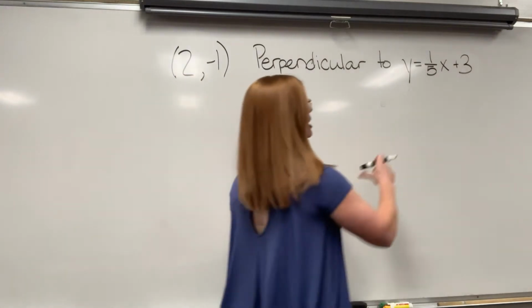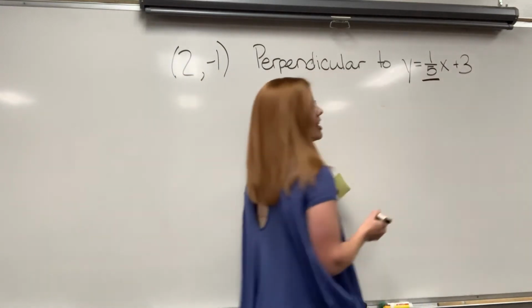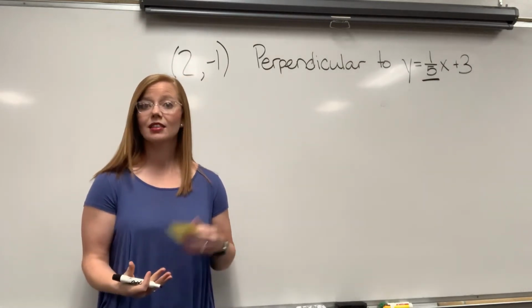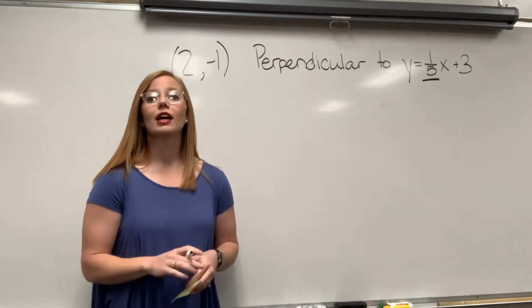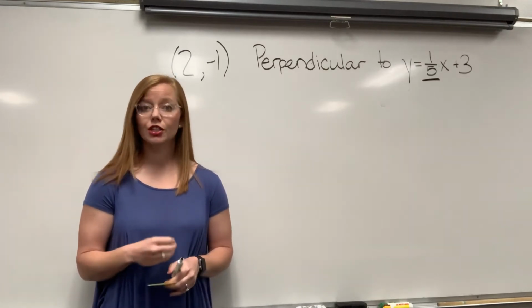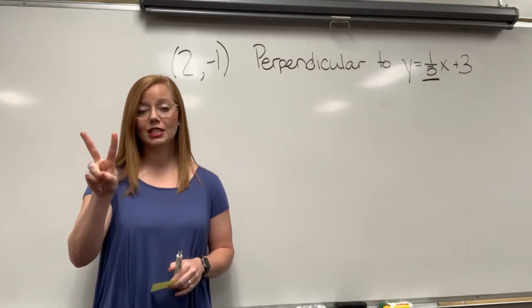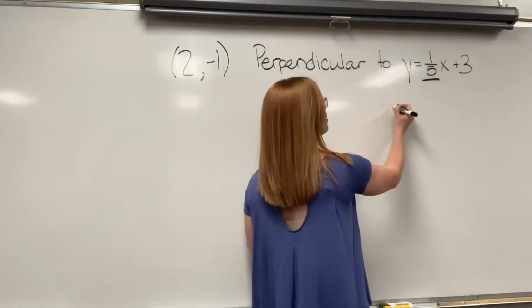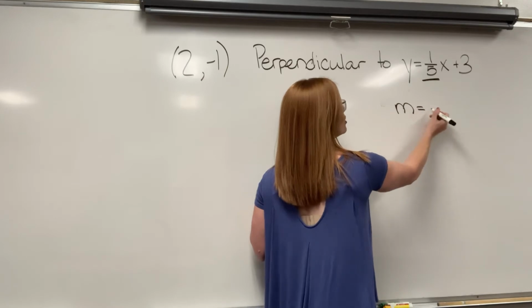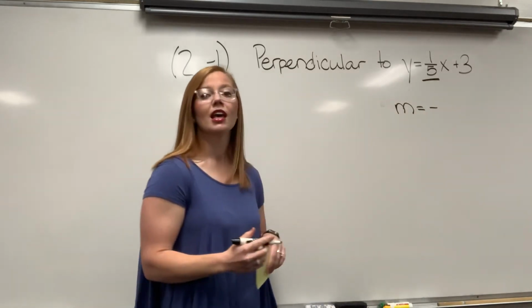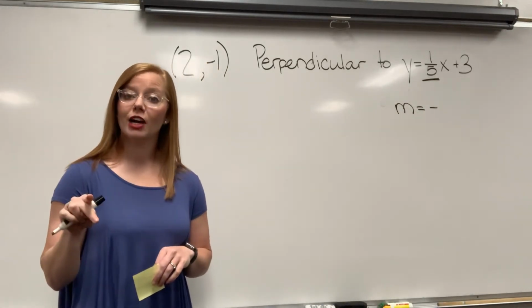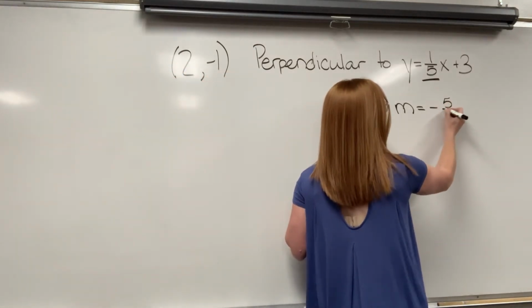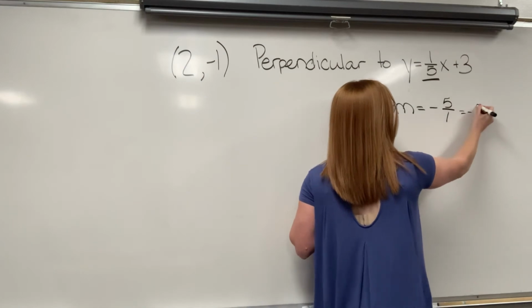And it's the number right here in front of the x, this 1/5. Since it's already a fraction, I don't have to worry about putting it over 1. So the two things I need for perpendicular slope are opposite, reciprocal. I notice that my slope is positive, so to be opposite, my new slope would need to be negative. And then the second thing is to flip the fraction. Since it's 1 over 5, we would now switch it to 5 over 1, which is the same thing as